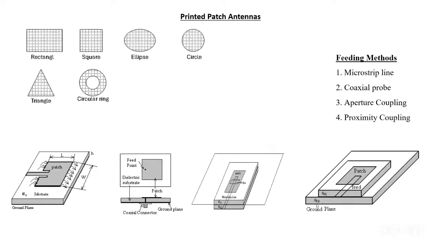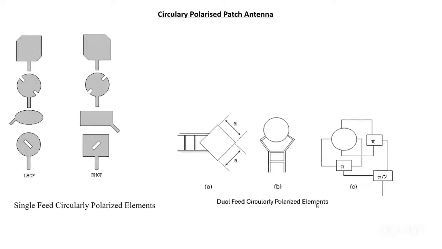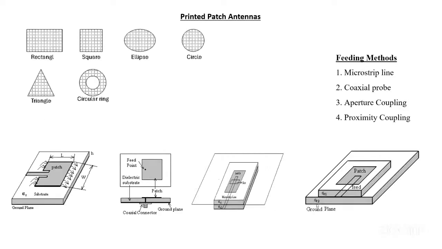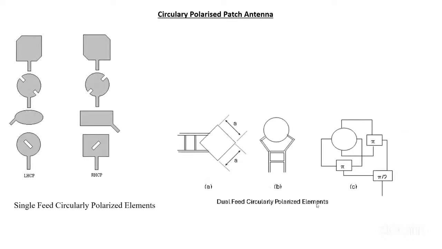Coming further in depth, there are different types of polarizations in these antennas. Some are linearly polarized. Within linear, we call them vertically polarized and horizontally polarized, and then circularly polarized and elliptically polarized antennas. These are the different types of feeding techniques for getting circular polarization. So what is this polarization? Suppose it is a vertically polarized antenna. All these AM broadcast, FM broadcast antennas use linear polarization, whereas satellite communications use circular polarization.